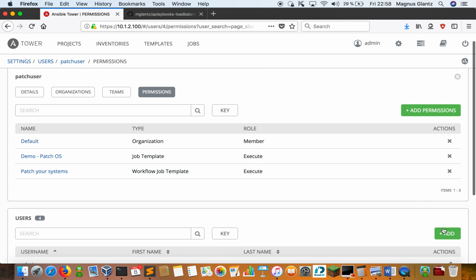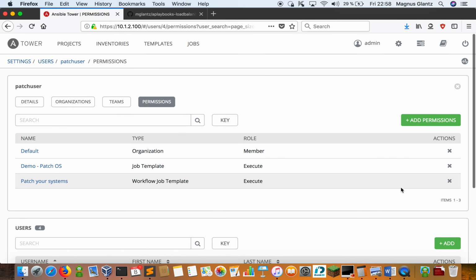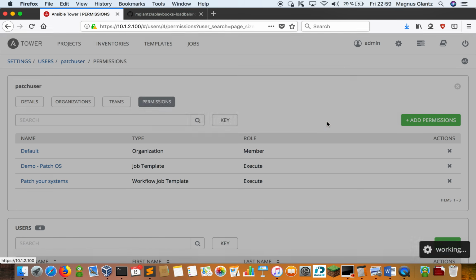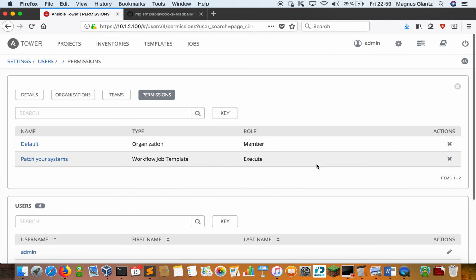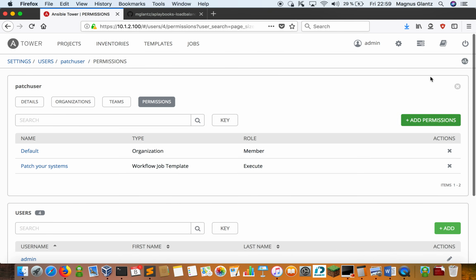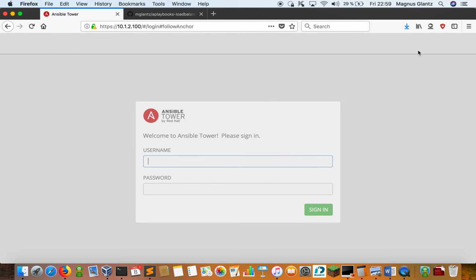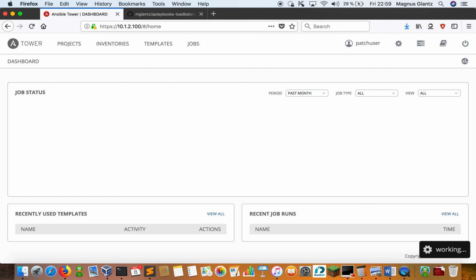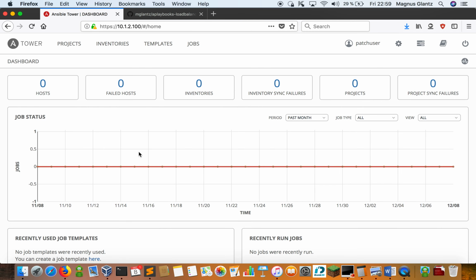And that is all I need here. Actually, I removed the access to just patching the OS. That is not needed. I log out, log back in as our patch user, and now you'll have to imagine that